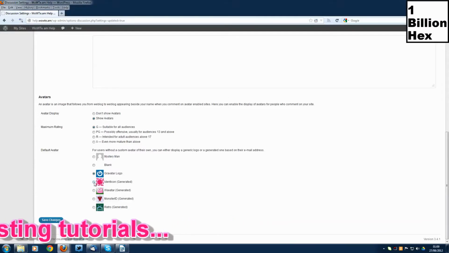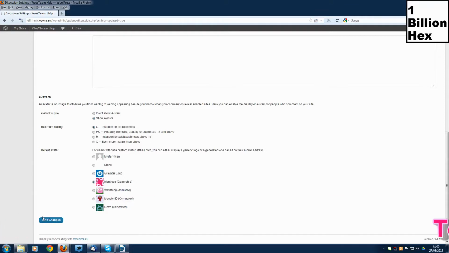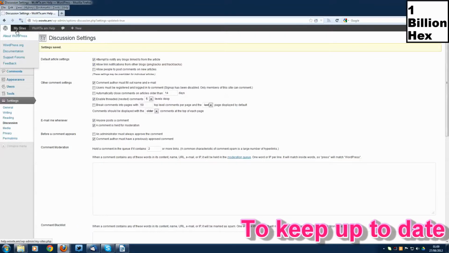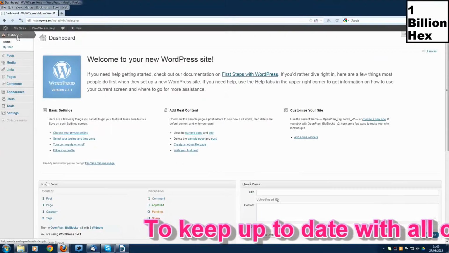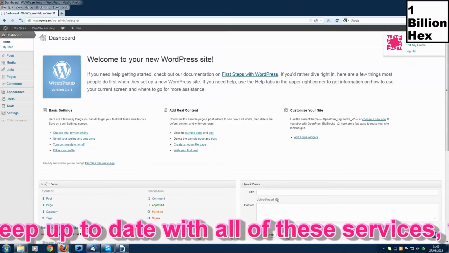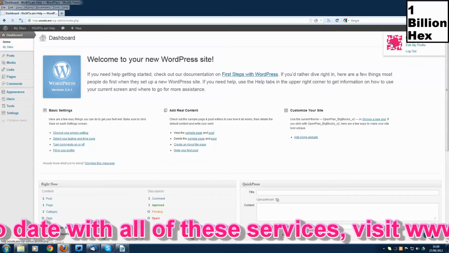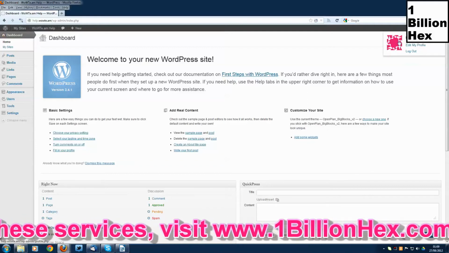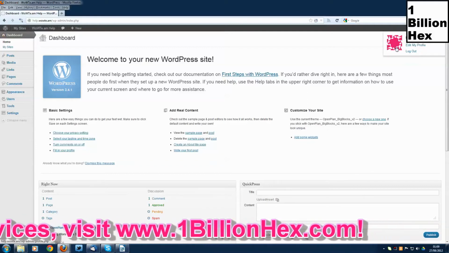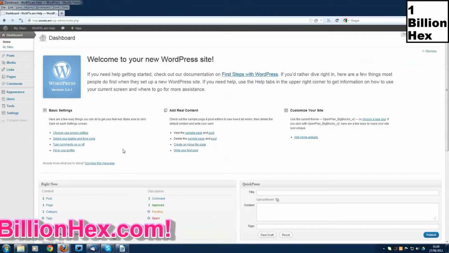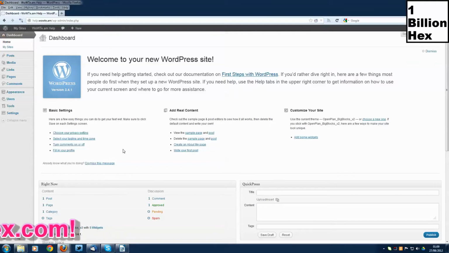Actually what I'll do is I'll just click on that, just to see what it's like, just to show you if you've never used that before. So now we'll go back to the dashboard, and as you can see up in the corner there, the icons changed to this semi-random looking picture. So we'll just keep that on for now, and we'll show you some of the things about Gravatar and things like that later on in another